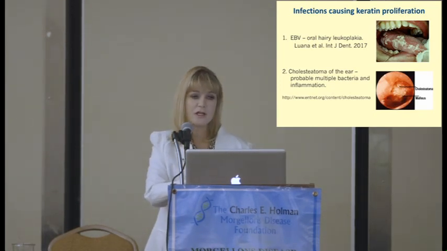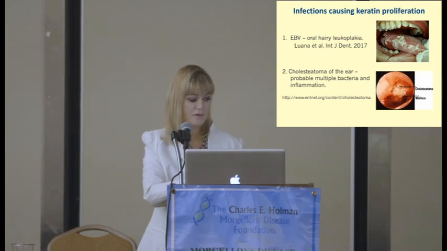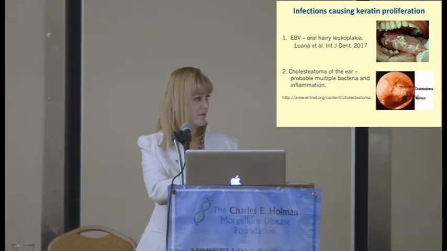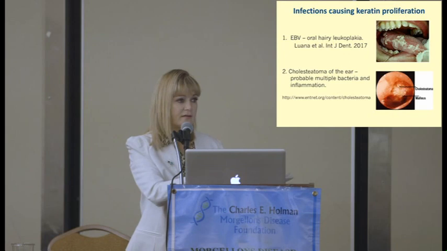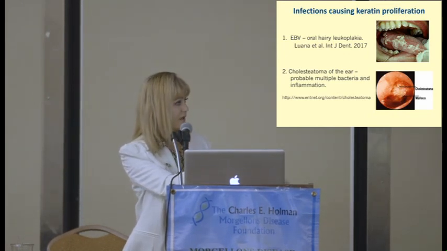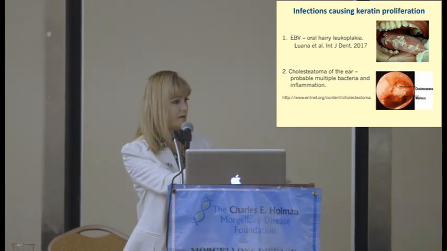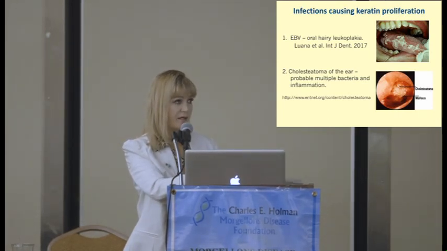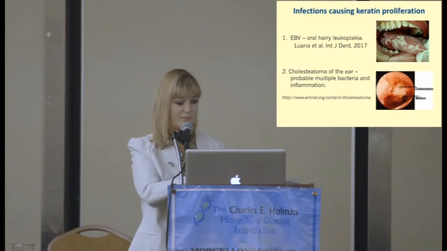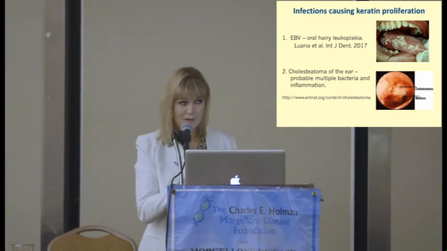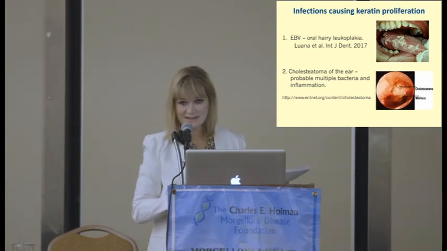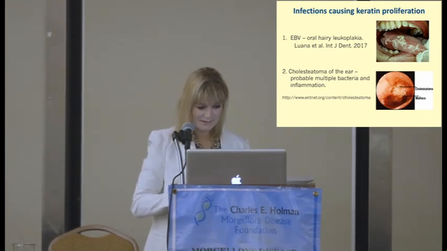Cholesteatoma is a condition in which filamentous keratin growths occur in the ear, and this is caused by an inflammatory process due to infection from various different bacteria. So we see infections can cause unusual filaments, so I don't know why everyone's so surprised that you guys might have an infection. Makes no sense to me. It's really ridiculous, isn't it?